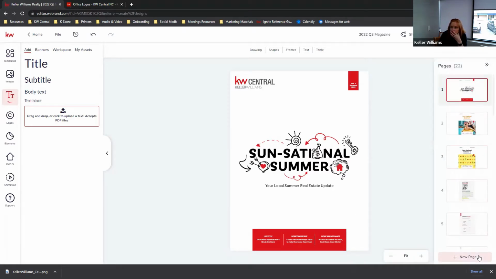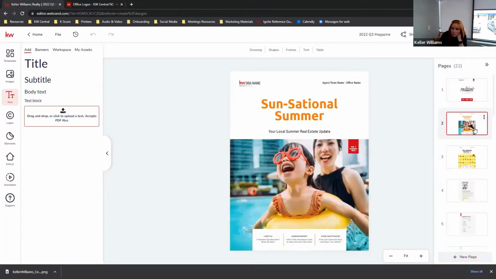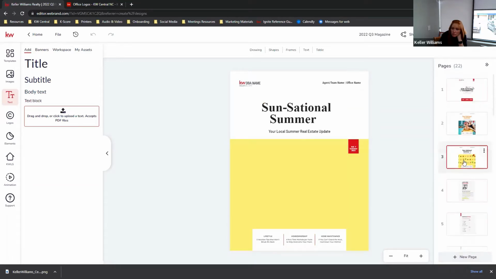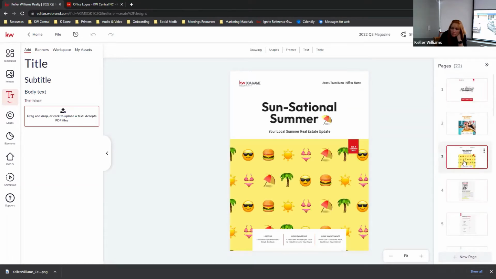So technically there are 3 different covers that we could be using right now. The sensational one is the suggested one, like the one that I used whenever I did Andy's. But if you click on page 2 there, you could use a little kid in the pool, or the next one, which is just kind of like a cartoony thing as well.